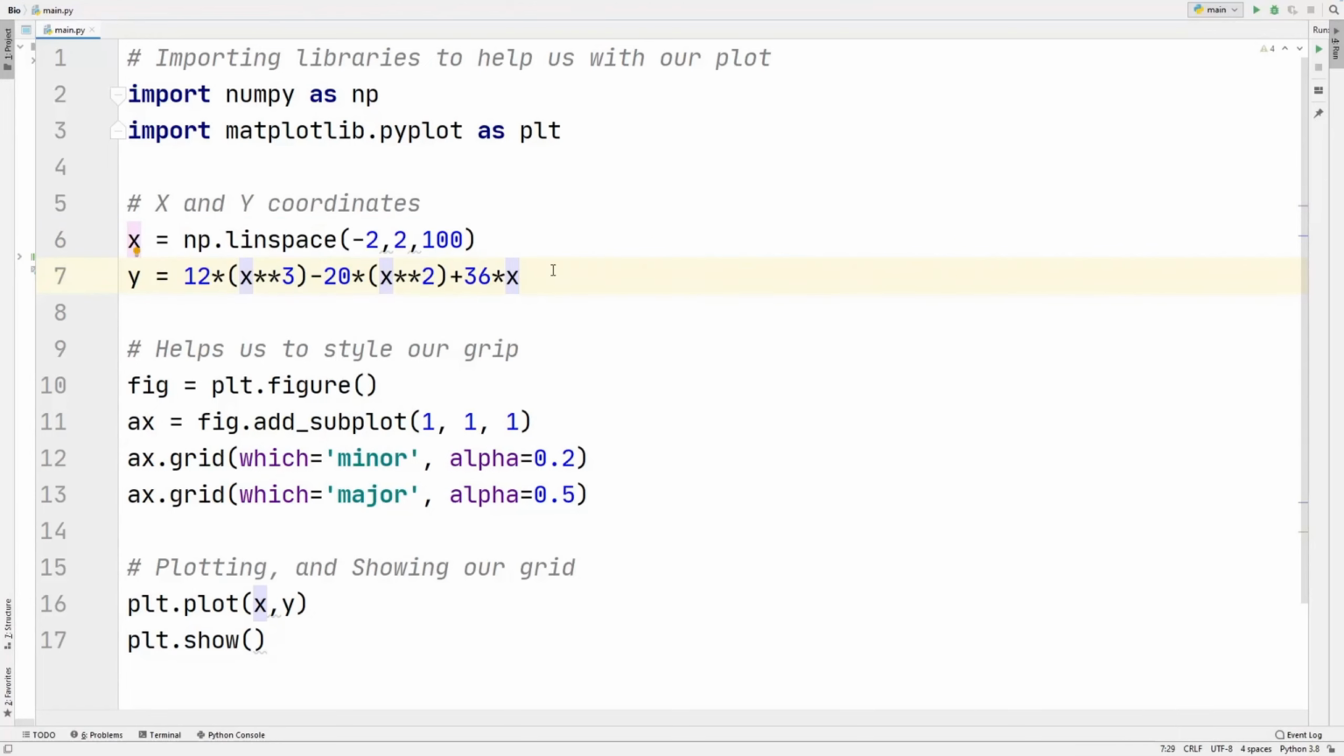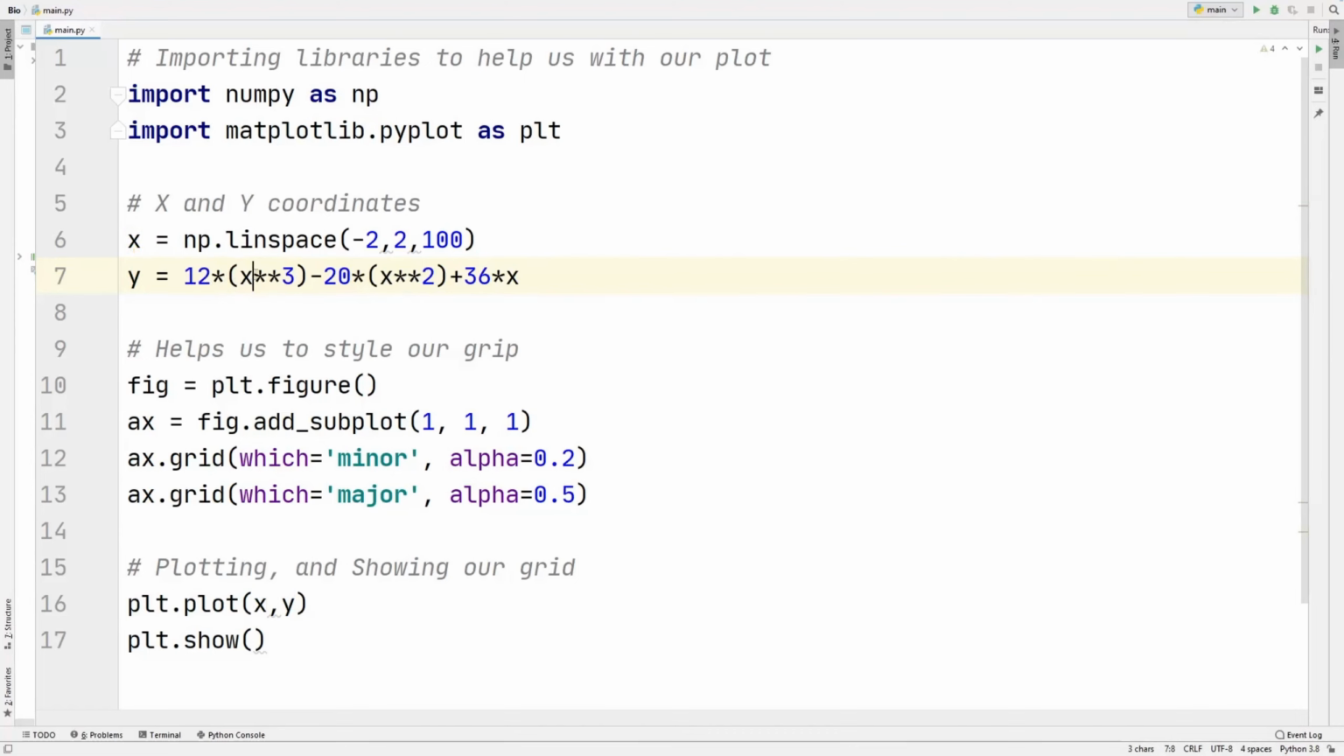If you remember from the beginning part of our video, our final answer was 12x to the power of 3 minus 20x squared plus 36x. And this was for multiplying the polynomials. So what we're going to be doing here is writing that here, and it's going to plot it. We're just going to be writing y is equal to 12 times